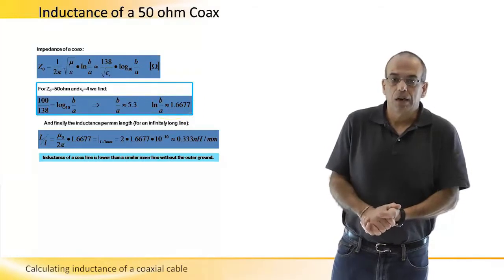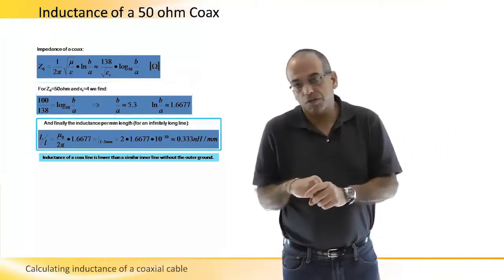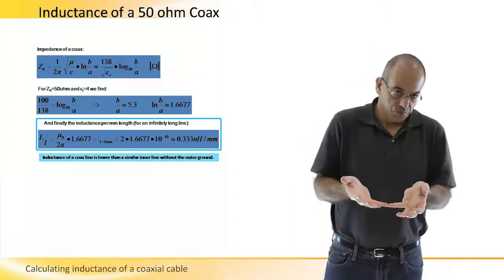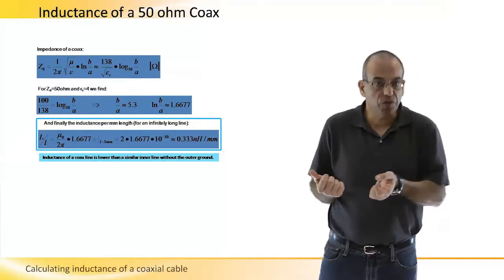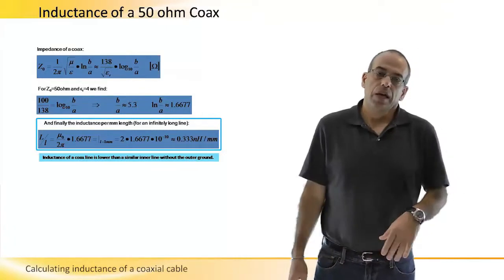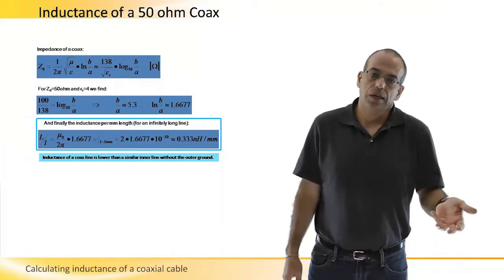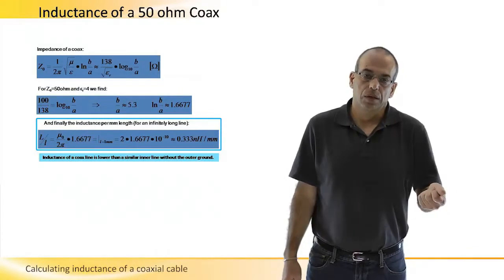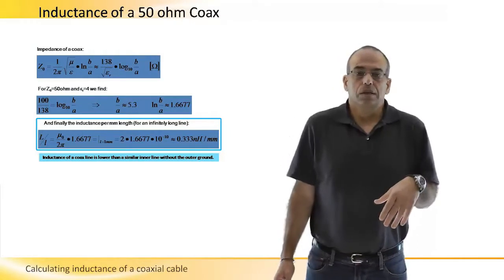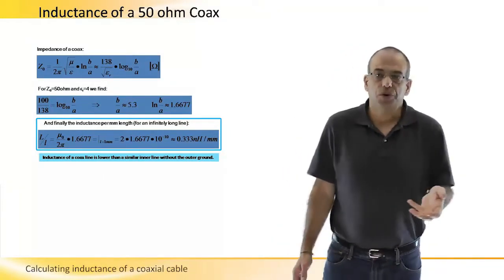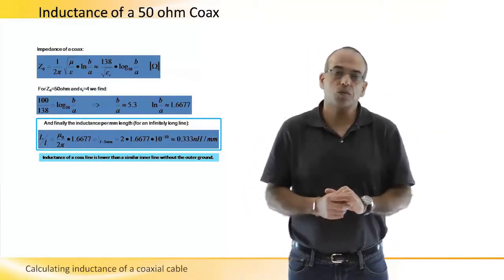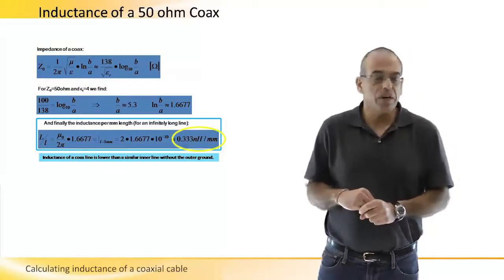Finally, we can use this number in the equation that we previously derived for inductance per unit length, and by using the right units, we find that the inductance per millimeter of an infinite coaxial line will be 0.33 nanohenry per millimeter,